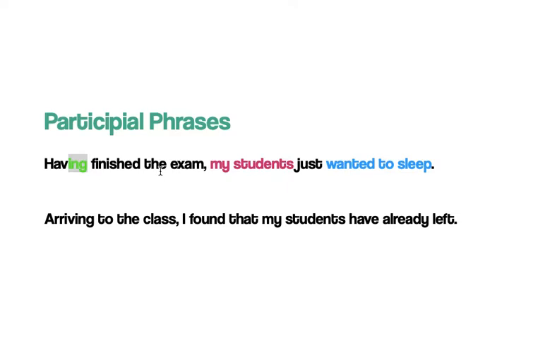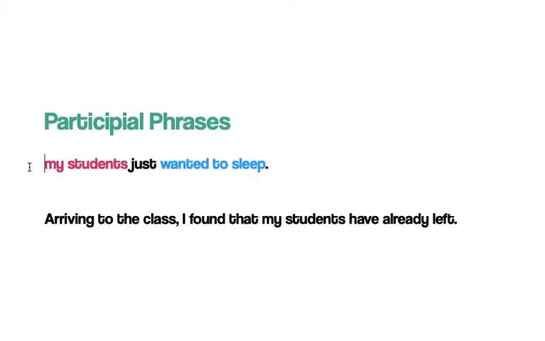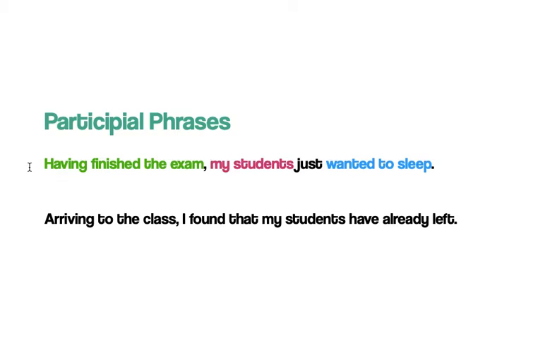Now, having by itself is not an adjective because it doesn't say much, just having, right? So here I needed to add the phrase that completes and that makes the whole phrase an adjective. What does it mean? All this phrase is modifying this sentence, okay? Having finished the exam, my students just wanted to sleep. So my students just wanted to sleep, then I add extra information. I modify this by adding a participle phrase, which is like a giant adjective, that is modifying the